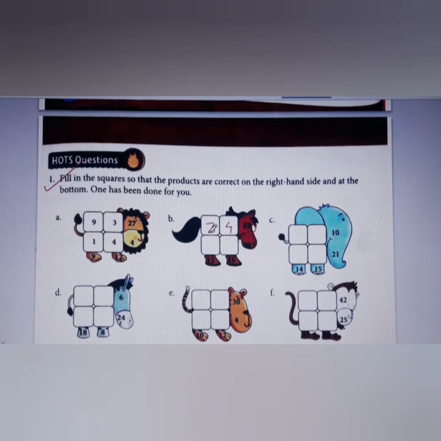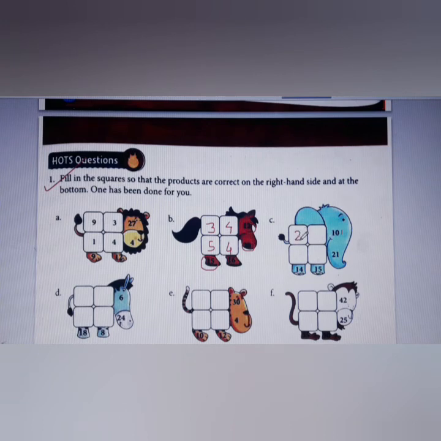You know 3 4s are 12 or 2 6s are 12, right? But you should make sure that vertically and horizontally, children, it should match with the product. This is our product. Okay? So with 3, if I give here 5, it becomes 15, and with 4, if I give here 4, it becomes 16. So vertically and horizontally, children, it matches with the products. Okay? Is it clear to everyone?